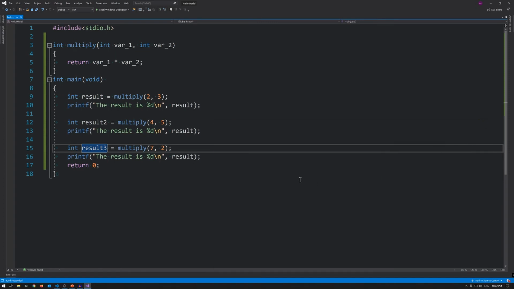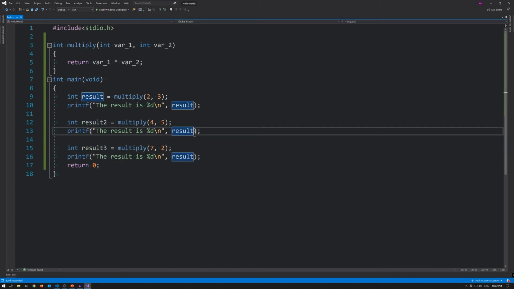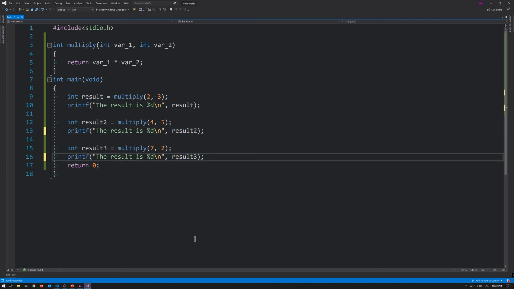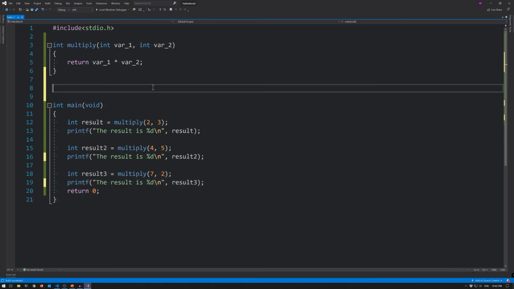And if you catch my error, I changed this to result2, I changed this to result3, but I forgot to change this to result2 and change this one to result3 as well. And this can happen in your code a lot. This is the reason we use functions. We are doing a similar instruction 3 times in our main function. So why not add another integer function? Let's call it multiply